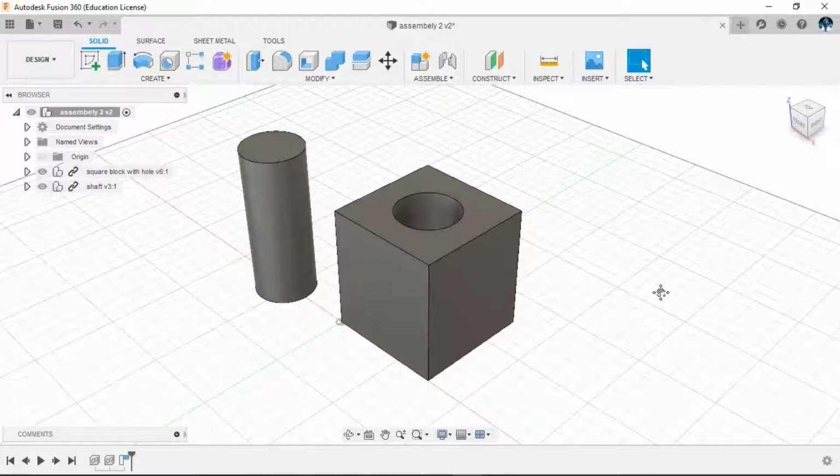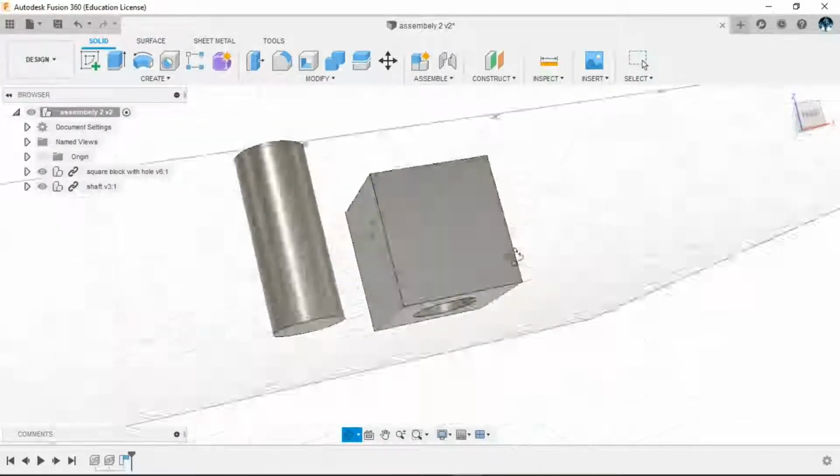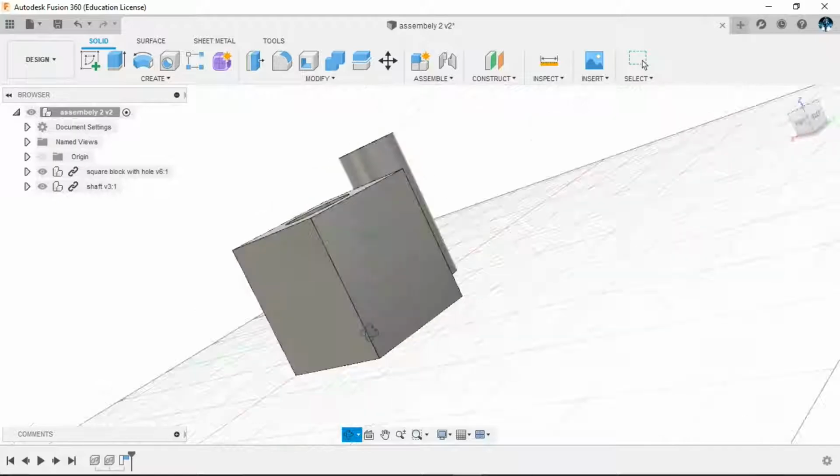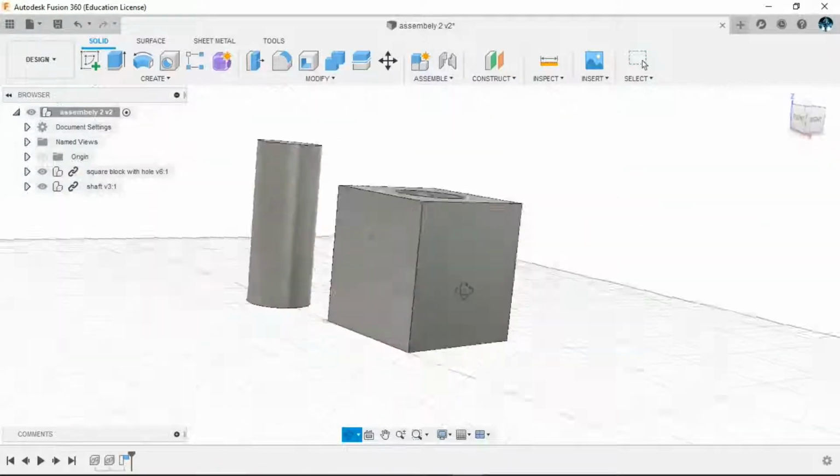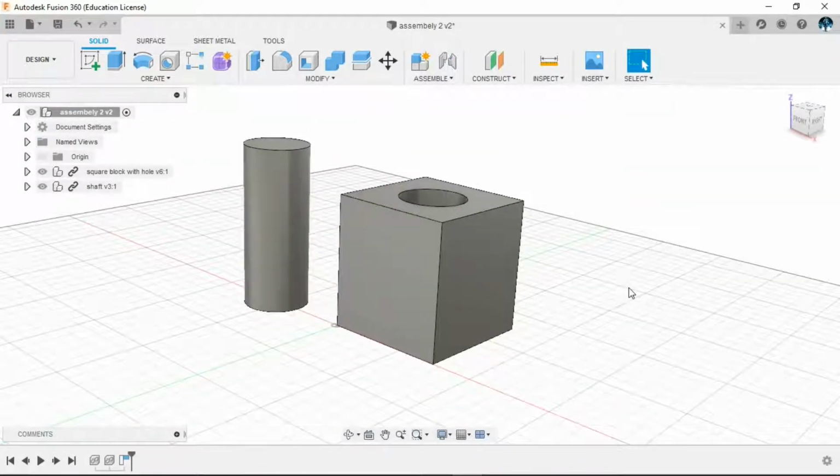So now if I want to activate the orbit option, I will first press and hold the shift button on my keyboard. Along with it, I will click and hold the scroll button of my mouse and move my mouse. So here you can see my orbit option has been activated. So guys, this was the second method in which, in the same Fusion 360 workbench, by using Fusion 360 settings, you can operate pan, zoom and orbit options.